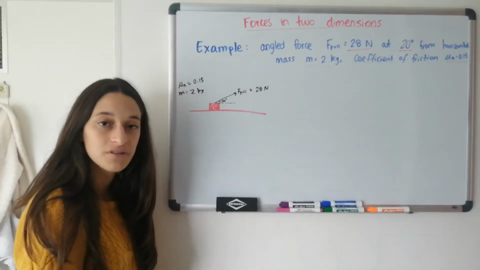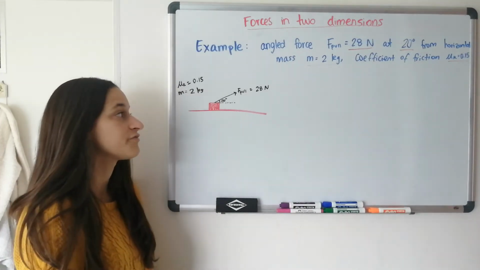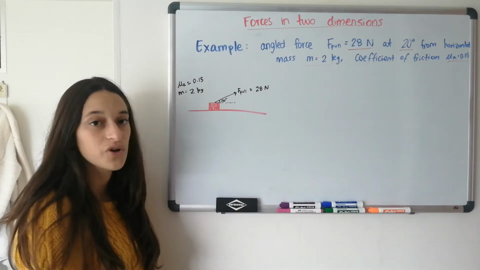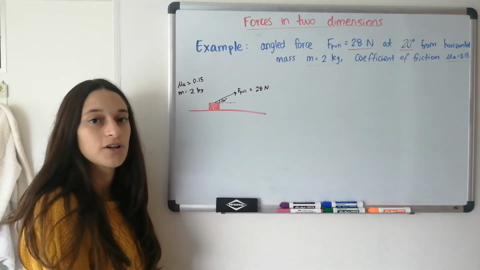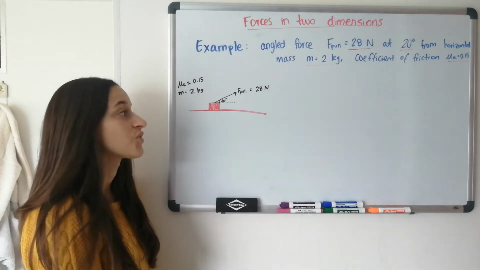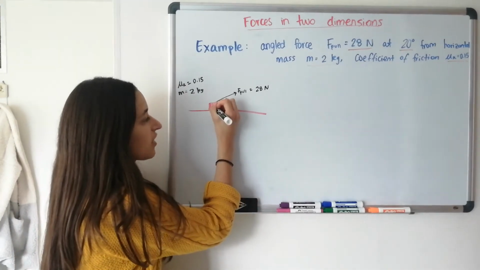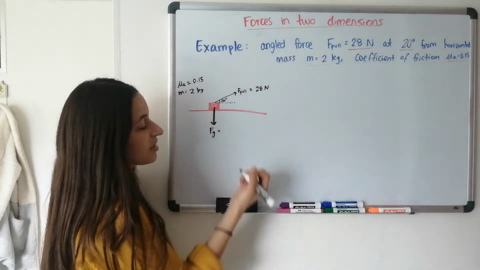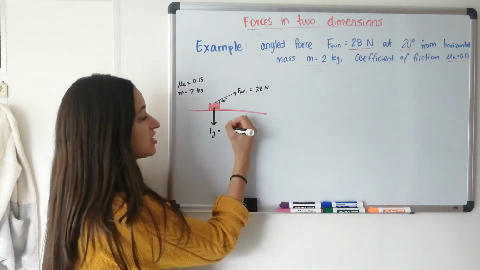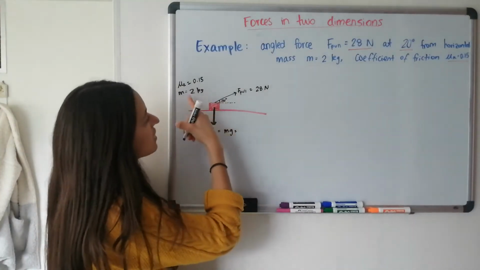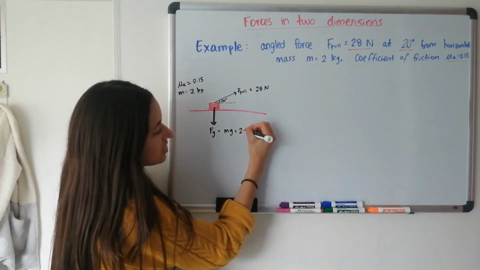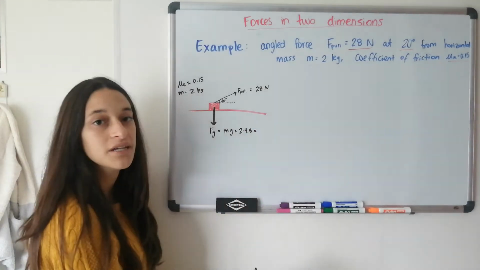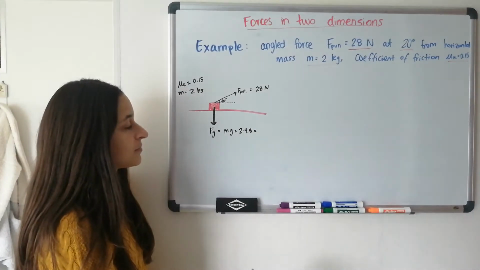So as we saw before, the next step is to draw the free body diagram. So we need to determine all of the forces acting on the block. As always, we start with the force that acts on every single object, no matter where they are or what they are doing, which is gravity. So we have a force of gravity that always points downwards, that we call Fg, and it's always given by the mass times 9.8, m times g. So in this case, m is 2 and g is always 9.8. So our gravity force is 2 times 9.8, which is 19.6